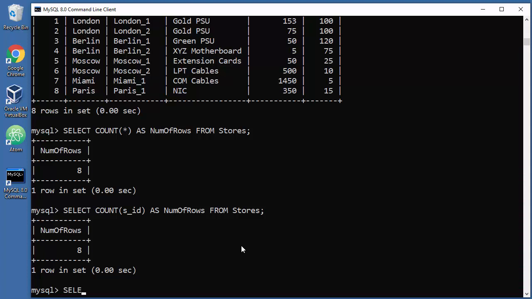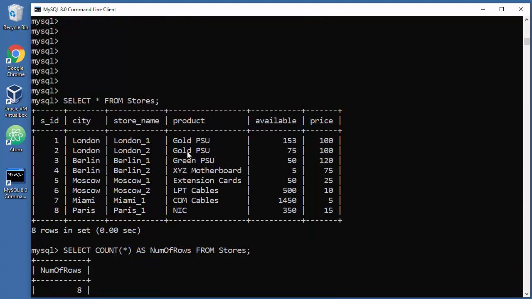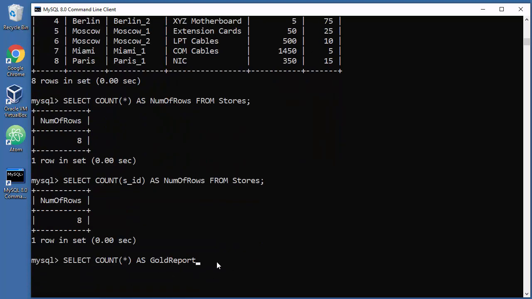So let me just type that. Select, for example, count all possible rows if there are any. Now the name of the report will be gold report. Why? Because we are going to search for some product with, for example, OL in the middle. Now we don't know how many products we can have here, like 100, 200, whatever, but for some reason we just know a couple of middle characters and we want to grab the number of those possibilities. Okay, so as gold report from